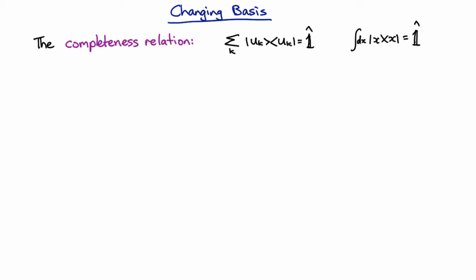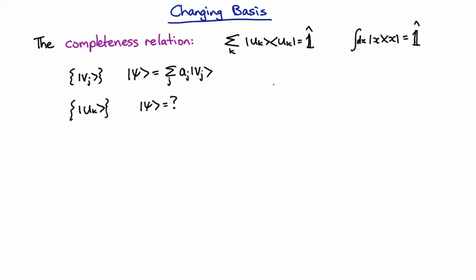Supposing you start off and you've got some basis V. So that's an orthonormal basis. Then a completely general state can be written like this. Supposing you know about some other complete orthonormal basis, the U, what am I going to do? Well, what you can do is apply the completeness relation using either the U's or the V's on your state. If I apply it on this state here,